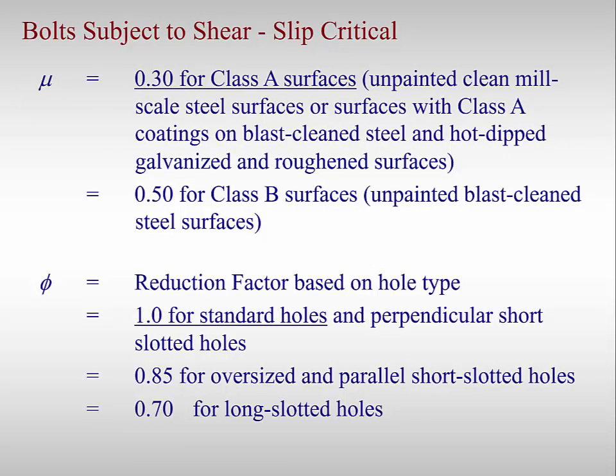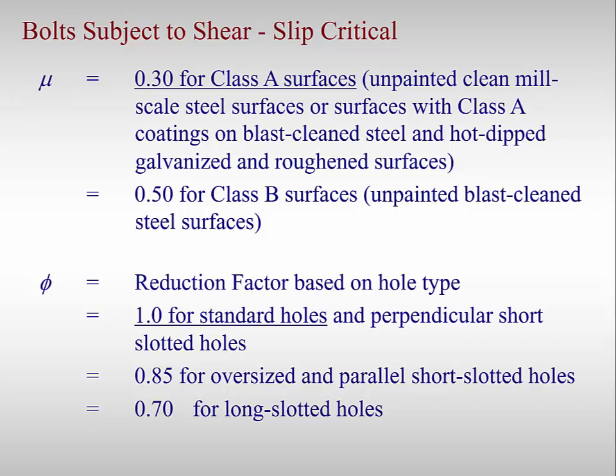Two coefficients of friction are specified for structural steel, 0.30 and 0.50. A Class A surface has 0.30 coefficient value and is used when only minimum preparation of the faying surfaces is performed. This is where the mill scale has been cleaned and the surfaces are free of debris. This can be done by hand. Class A is also used when the surface has been blast cleaned and galvanized using the hot dip process. The galvanic coating needs to be roughened, and otherwise the surface is too slippery and the coefficient of friction is